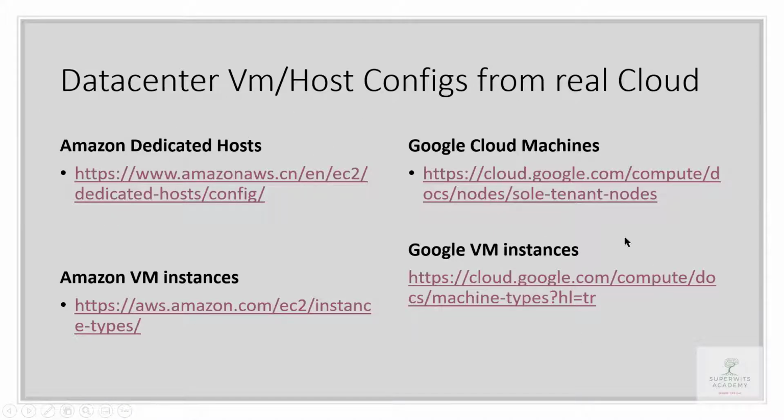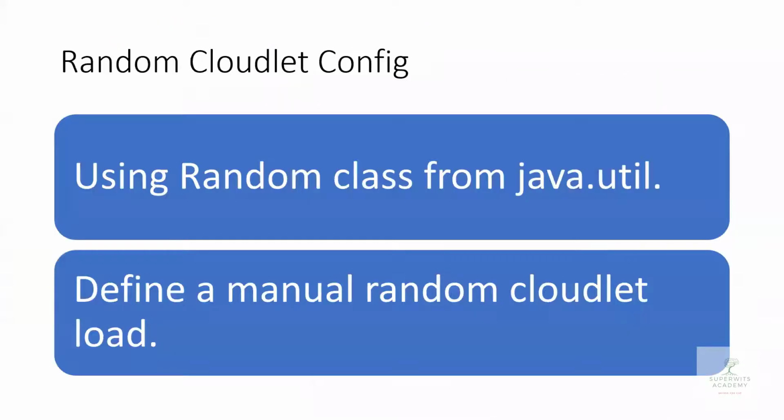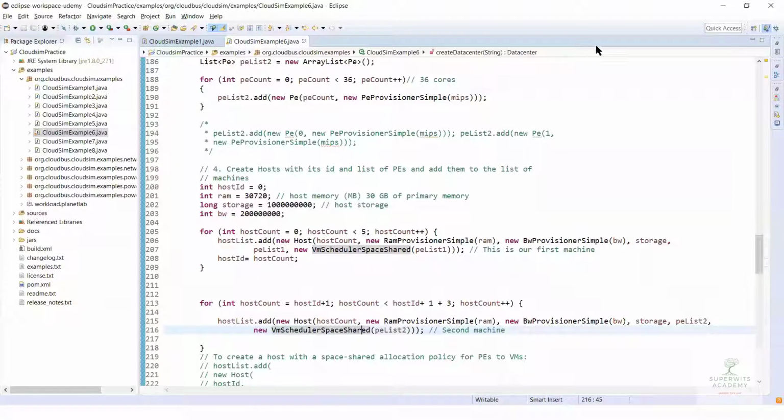And I think these are some of the links which are quite helpful when you are doing benchmarking regarding your research, because whenever we are working on our research projects, we have to benchmark them to a very specific set of real life configurations, right? So this is what you can utilize correspondingly. Now let's bring our attention to the random cloudlet configurations that we must be able to generate for our machines.